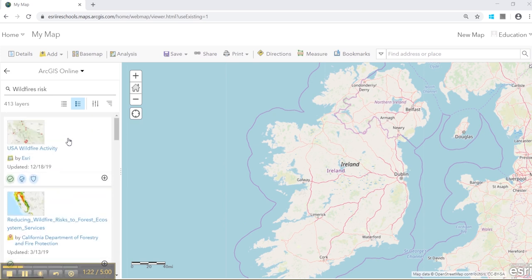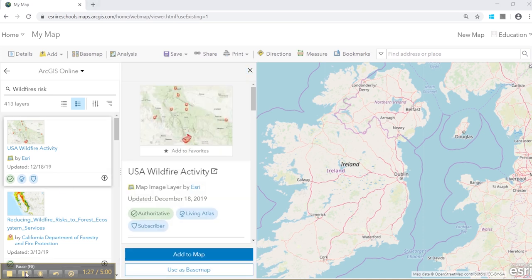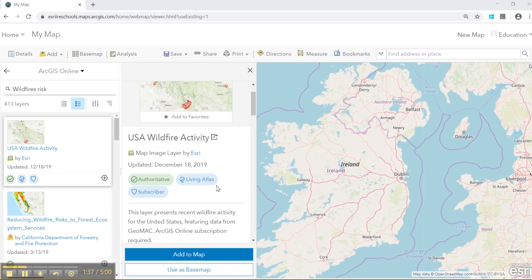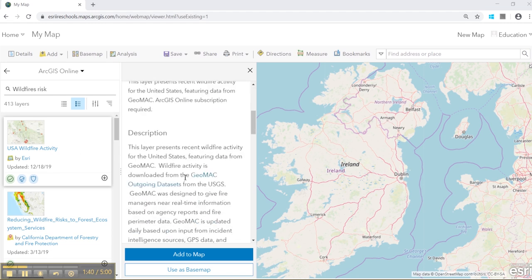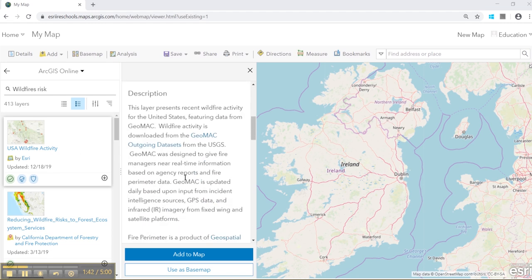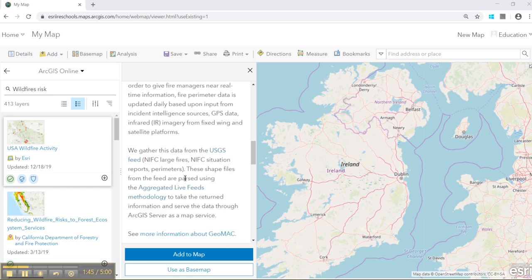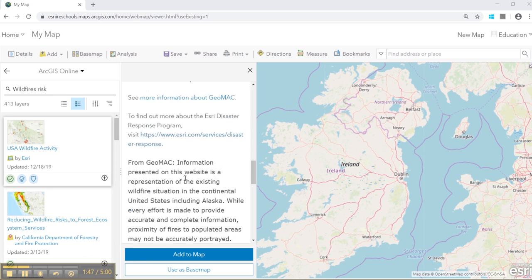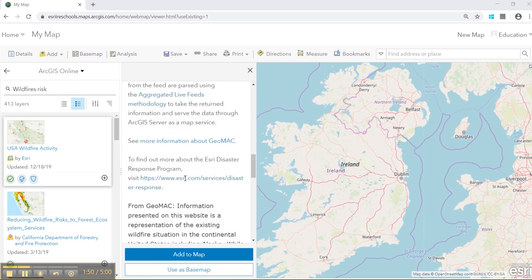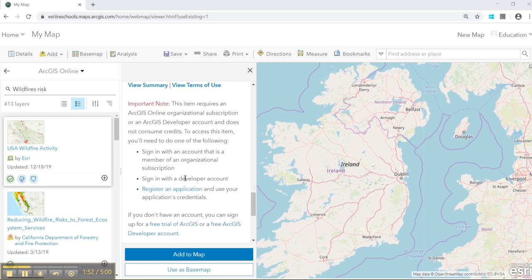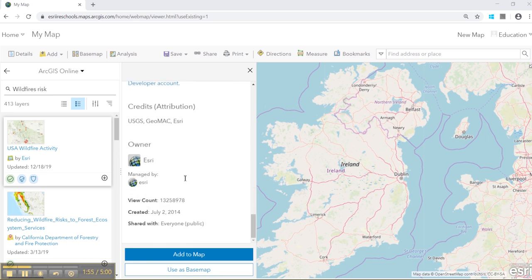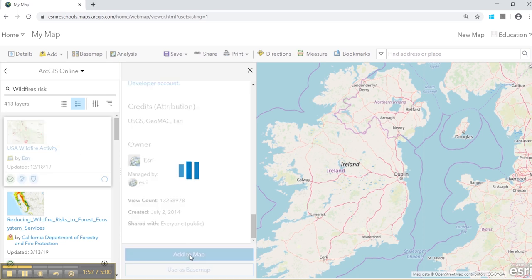So the first one we will add to the map is the USA Wildfire Activity data layer. Once you click on it, you can see where it comes from. It's an authoritative source. It's in the Living Atlas in ArcGIS Online, which means it's an authoritative source and included for data all around the world. And you'll see where it comes from, where the data is stored, where it's been taken from, what date it's been recorded. You'll see that this particular one is updated on a daily basis, and you get all the information about it before you add it to the map. And you click Add to the Map,